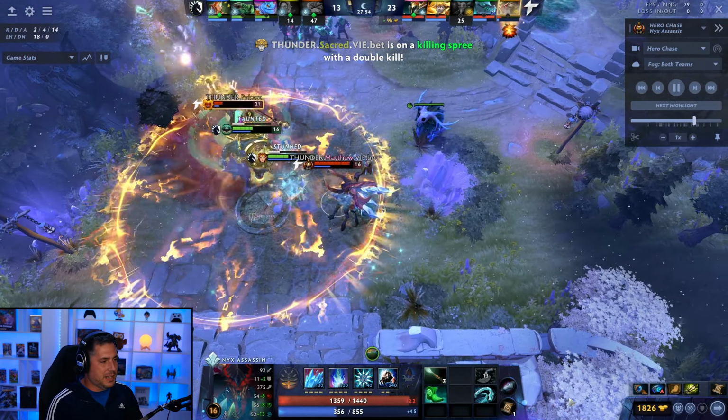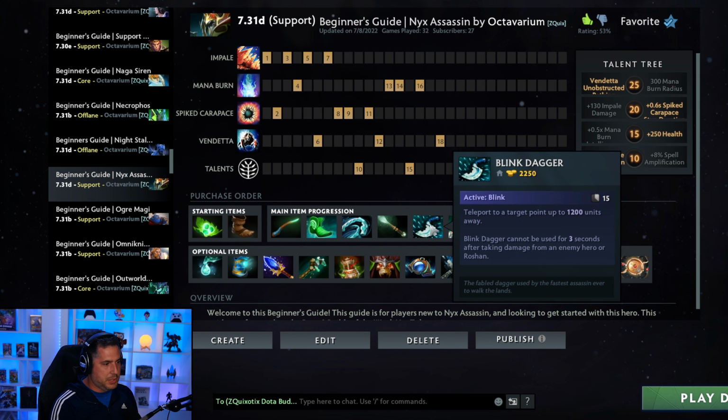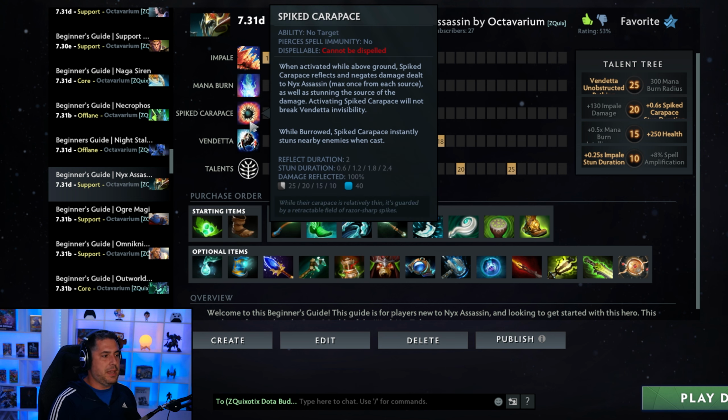So I wanted to talk about how Nyx Assassin can be utilized in this new and upcoming meta. What's interesting about Nyx Assassin is that he is now being played as a Blink Initiator, which is kind of interesting because if you think about it, he actually has 2 stuns. He has Impale, which is the primary thing. You're basically blinking and impaling, okay? But you also have Spike Carapace, and that can be incredibly valuable, and people often sleep on the fact that